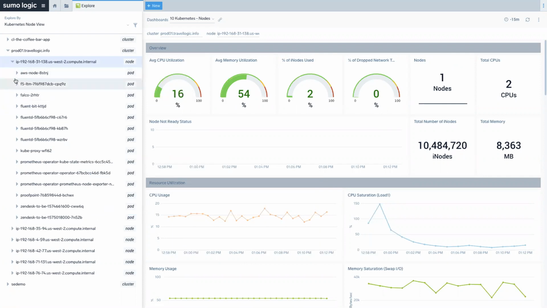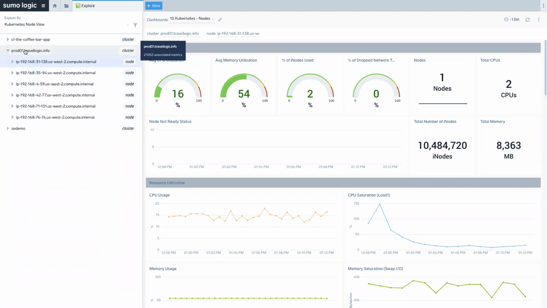But what I can also see is the pods which are running on this particular node, and they have no particular organization other than alphabetical. These distributions will change over time because of the ephemeral nature of Kubernetes. Now, that is not the easiest way to find and locate possible issues that you may have with a specific application or service. It doesn't fit the mental model that we have for Kubernetes.